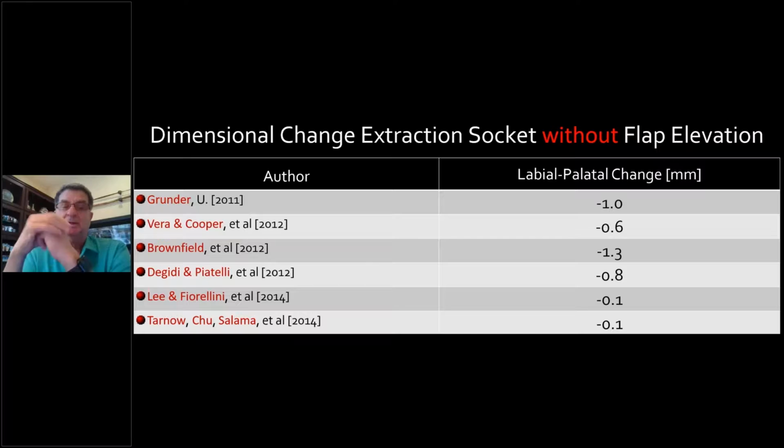No flaps. So I know I can't see you, but I want you all to raise your hand and promise me no more flaps to take your tooth out unless it's impacted. I think Dr. Elaskary and I both agree on that. Unless it's impacted, you don't want to do it. Everything should be done through the socket. Minimally invasive surgery is the name of the game. And Cooper showed the same thing. Baron Cooper, Brownfield, Marco Degidi, Ernesto Lee, and our work, which I'll show you in a minute. We got the ridge dimension changes down to about 1 millimeter or less. This is 1/10 of a millimeter. So the ridge change, if you treat and plan this properly, can be rather minimal.